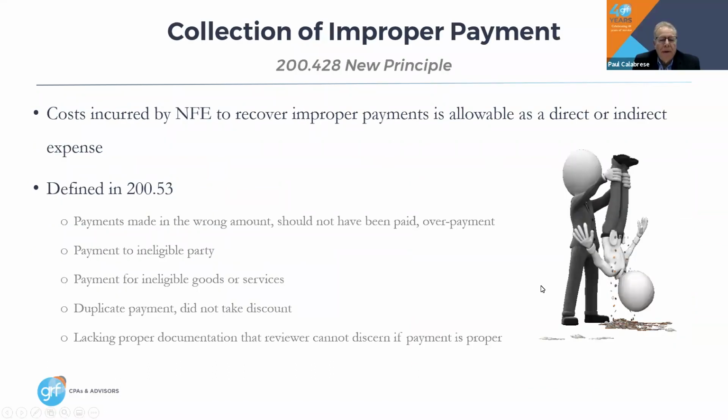Okay, so you see there the shakedown, but basically what the government's saying is that if you owe money back to the government for a variety of reasons, whether it was an ineligible payment to somebody, an overpayment, a duplicate payment, and the like, they'll fund your ability to pay it back. But most of it is really just you uncovering something and then, of course, sending it back to the government. Next slide.